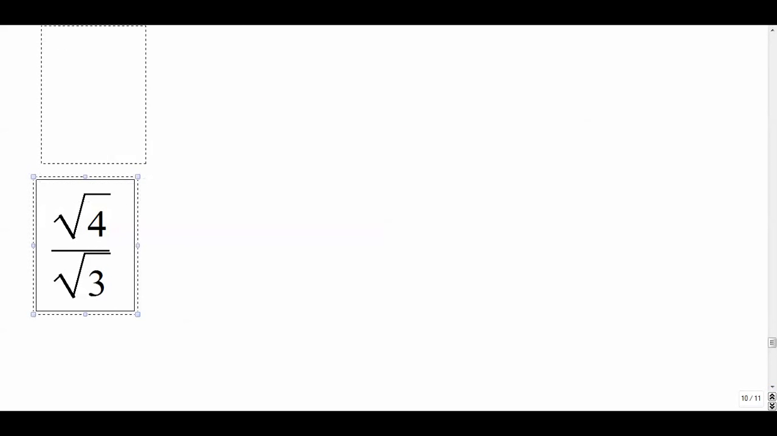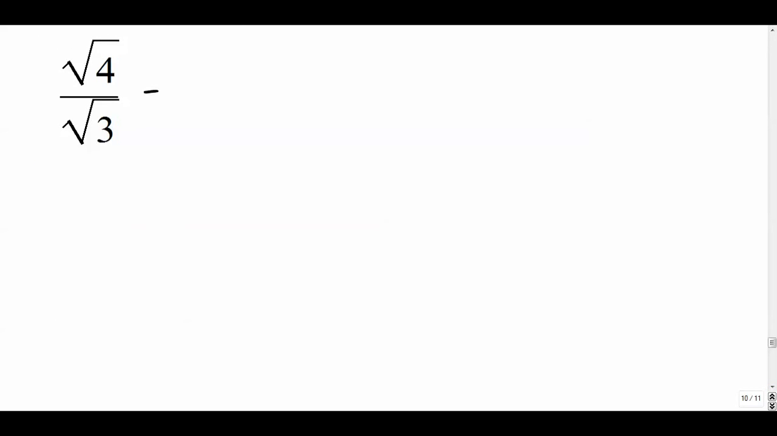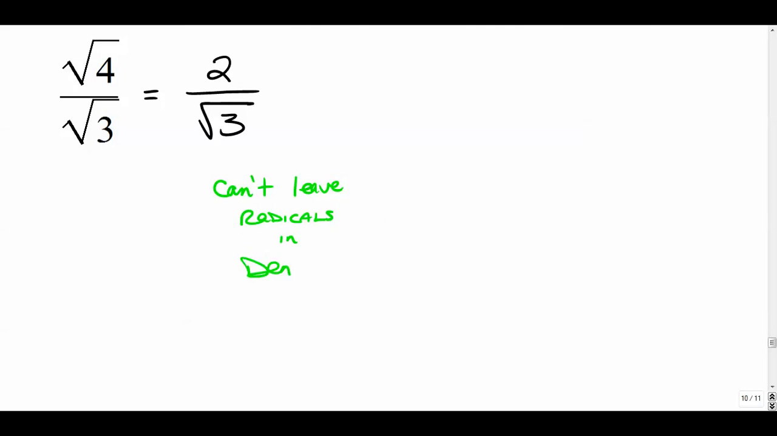What happens when you have this though? We've got ourselves a division problem. The square root of 4 I know is 2. Square root of 3 I don't know. This is one of those tenets of mathematics: you cannot leave radicals in the denominator. Not allowed. So in order to eradicate that and get rid of that radical, we're going